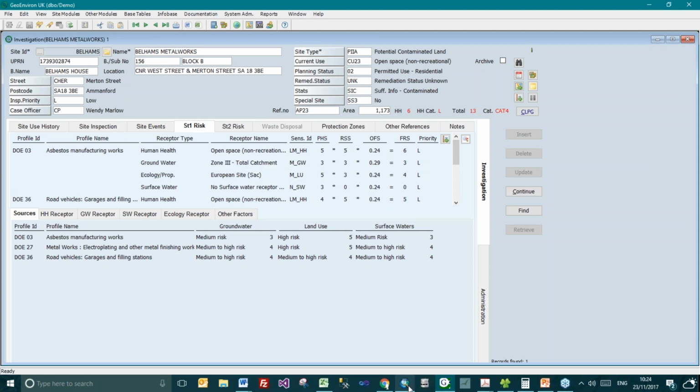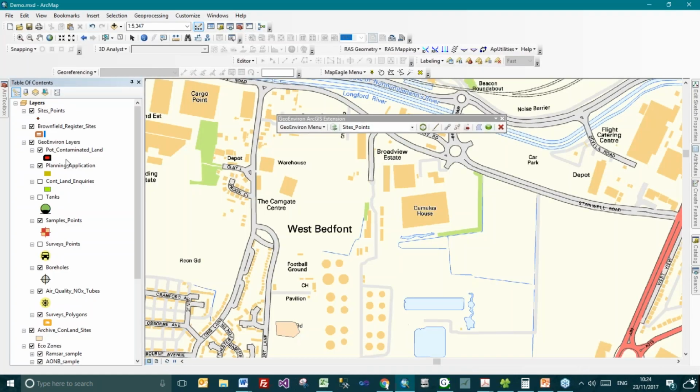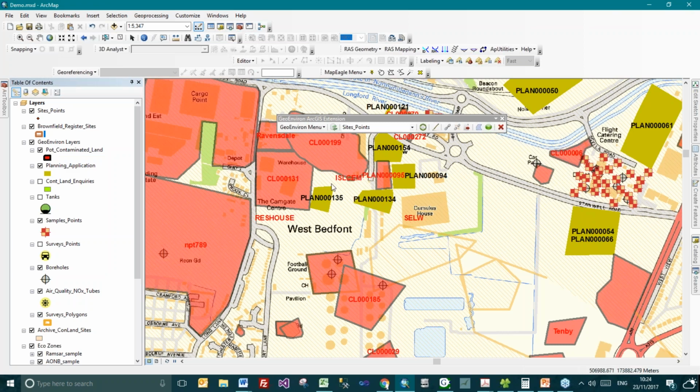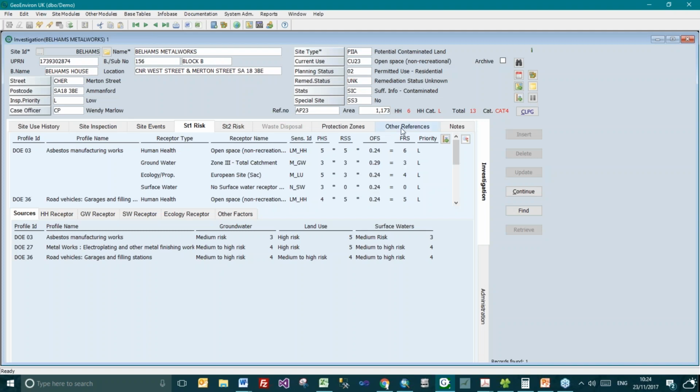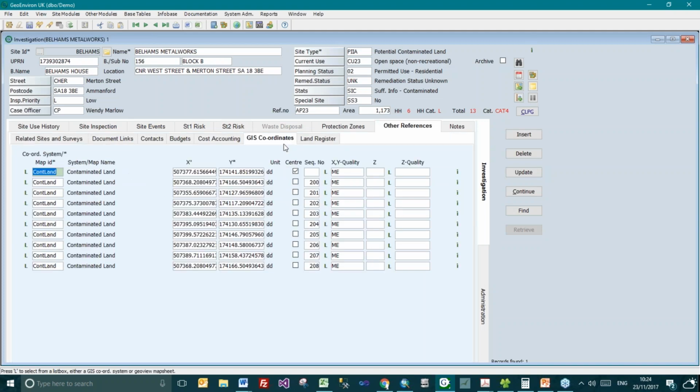And our system allows you to do all of this, but it's also GIS enabled. So what I've brought up there is the GIS. So we have the options of plotting sites, and